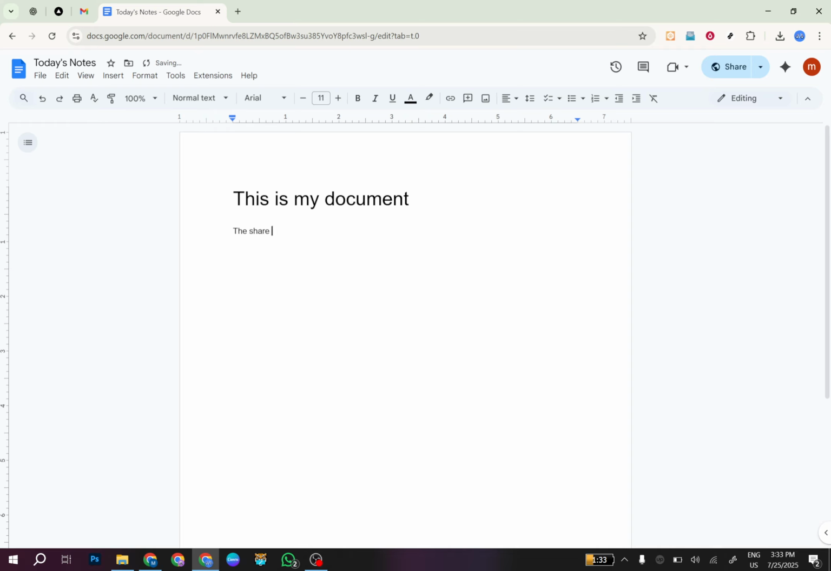for an arrow next to the Share button. Click on that arrow, and you'll see an option that says Copy Link. Simply click on Copy Link, and the URL for your document will be copied to your clipboard. You can now paste it into an email, message, or any platform you wish to use to share your document. And that's it. You've successfully shared